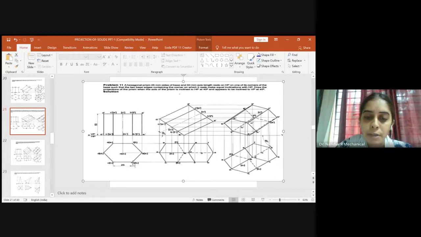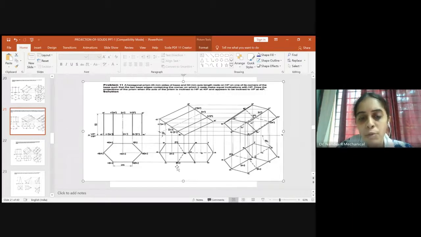And the locus of C1 is meeting C1 dash at this point. So this is our C1. And the locus of D1 is meeting D1 dash at this point. So this is our D1. Locus of E1 is meeting E1 dash at this point. So this is our E1. Right? So we named the bottom surface of the hexagonal prism. Just retain it as it is and come back to the naming of the top surface.